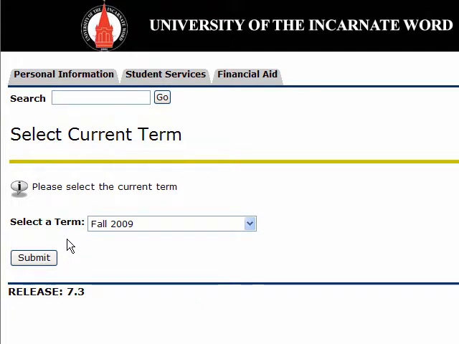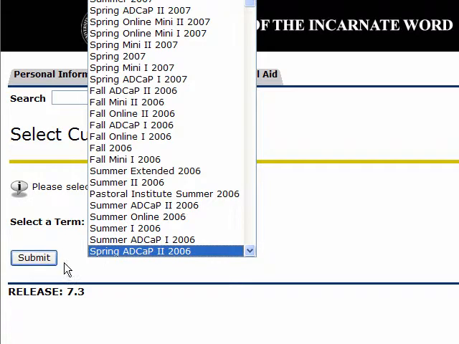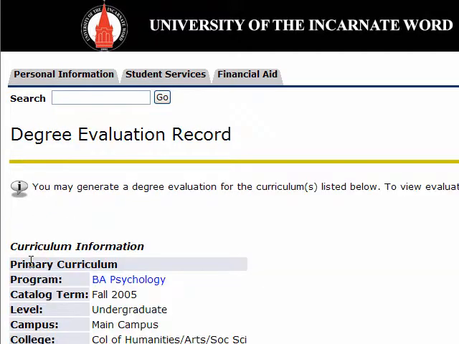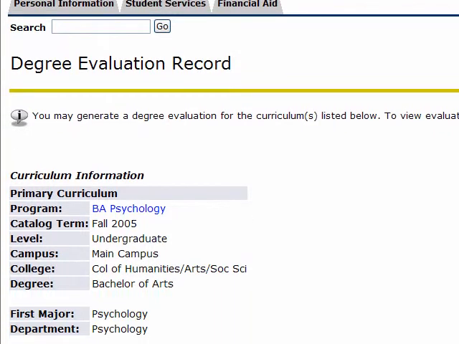Now, it asks first off for a term. This is the semester that you're looking at making the evaluation for. So I'm going to leave it as the default and click Submit. For you, you would just enter the most recent academic term that you'll be starting. I'm going to scroll down,